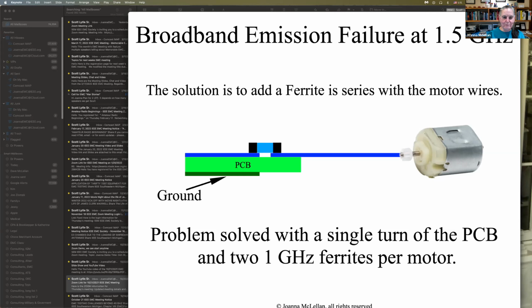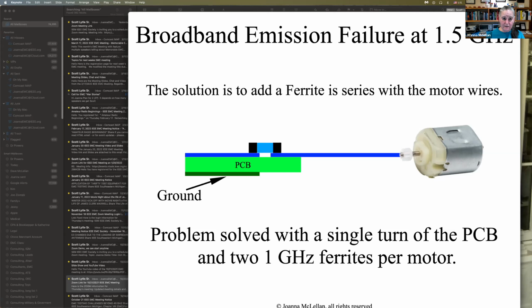Think about the capacitor and the distance between the brushes and the capacitor. That is a series resonant tank. You have the inductance of the wires. There's two of them, one going to one brush, the other going to the other brush. You have the length of the capacitor, which is inductance. If that series tuned tank goes series resonant, you have a problem. You will simply move the emission to a different frequency and possibly in a different direction off of the device